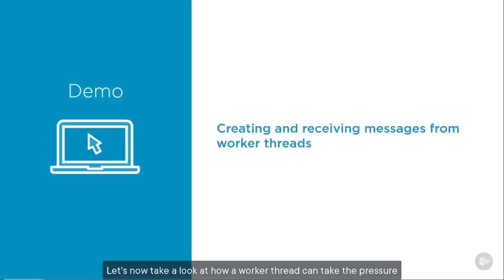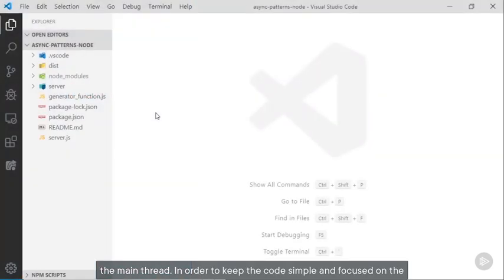Let's now take a look at how a worker thread can take the pressure off the main thread and keep your apps responsive. I'll also show you how to pass messages from the worker thread back to the main thread. In order to keep the code simple and focused on the details of worker threads, I'm just going to keep all of the code in one file and focus on giving you an overview of the API and the functionality